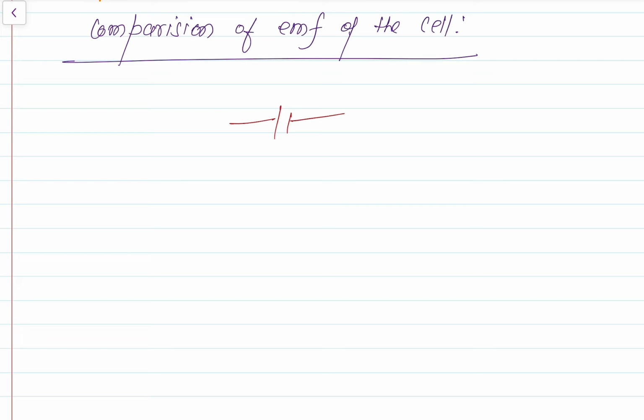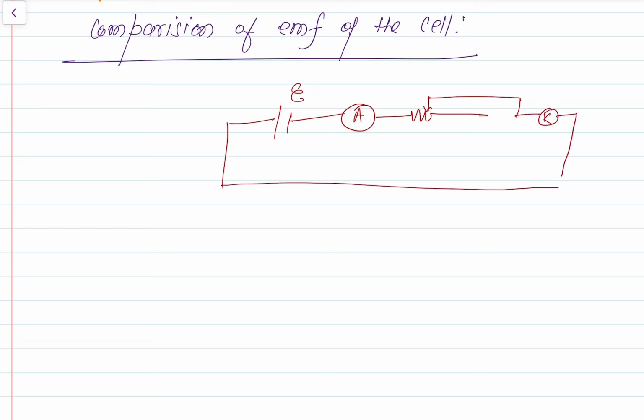So here this is driving circuit. So this is battery of EMF E which drives the potentiometer. Now ammeter is connected in series with it. Rheostat, one key is connected, and here this is potentiometer wire,